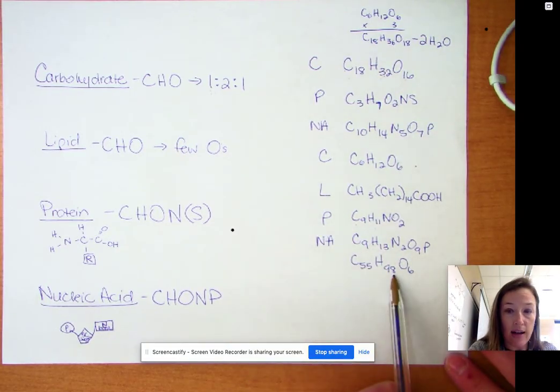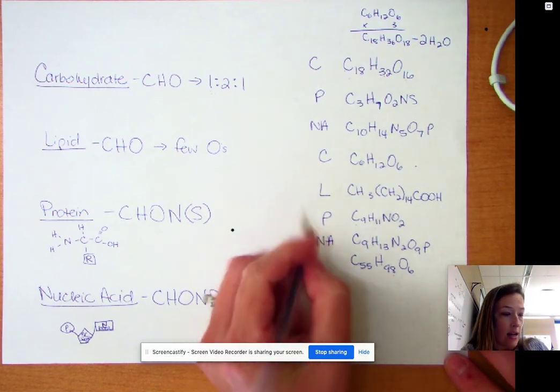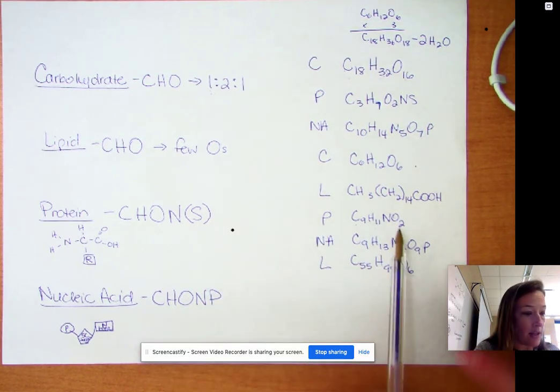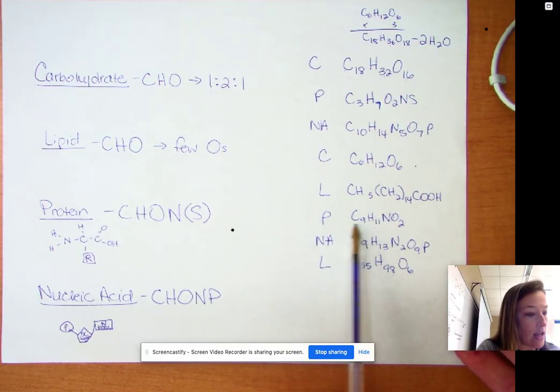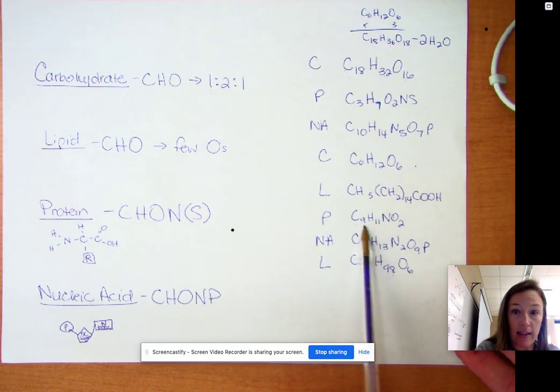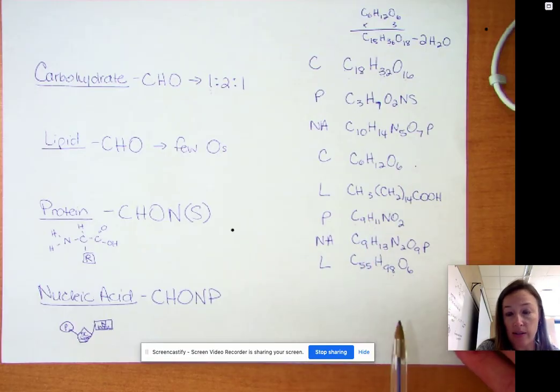And then C55H98O6, that is another lipid. These are actually both triglycerides. This one is phenylalanine, and this is uracil. So those are just some examples to run through. If you still have questions,